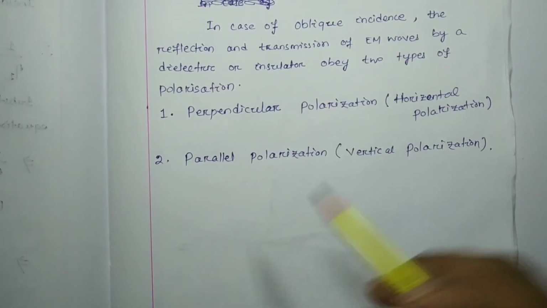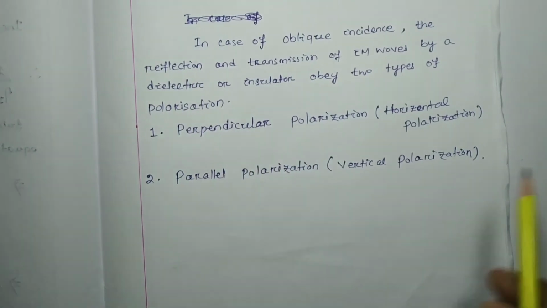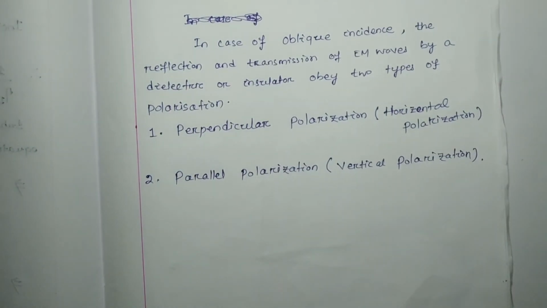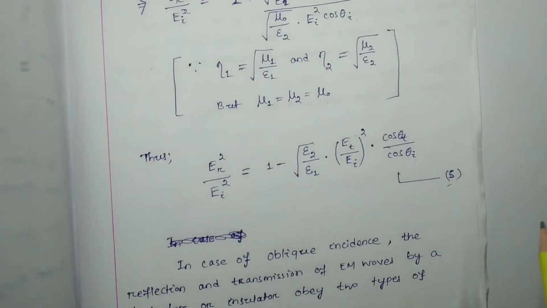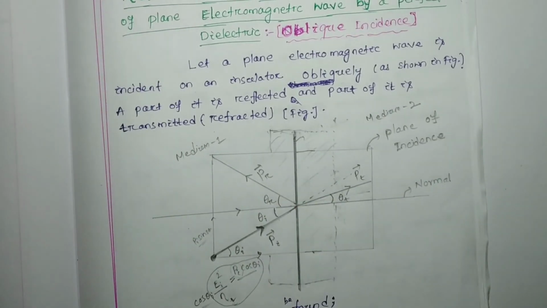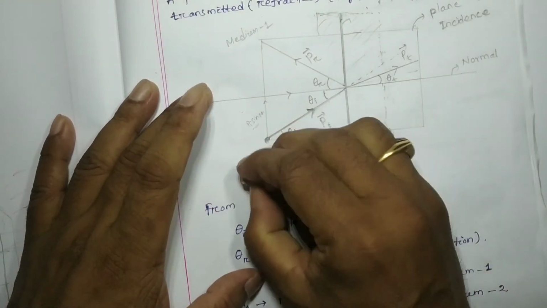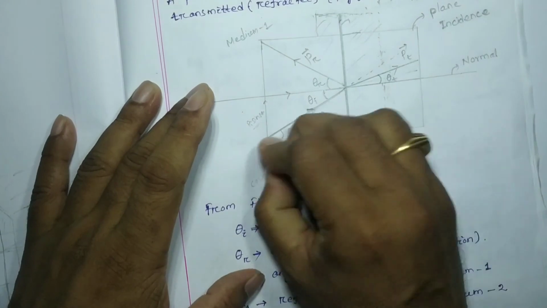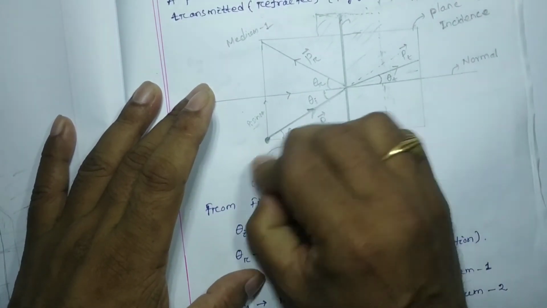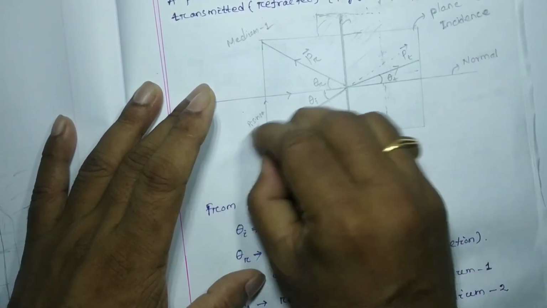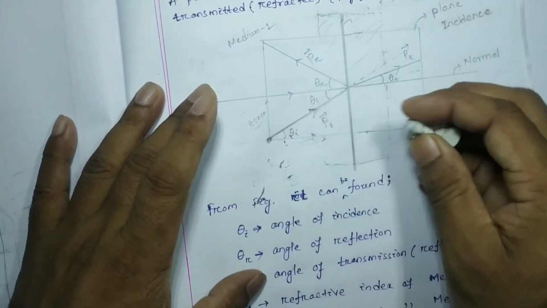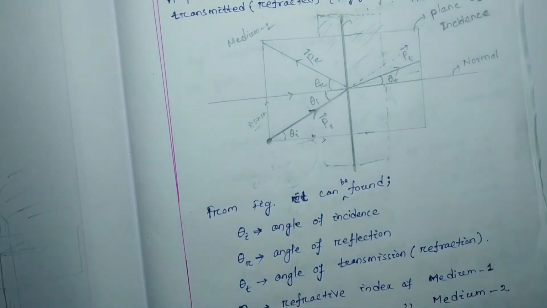So in the next class we are going to discuss perpendicular polarization, or horizontal polarization. I suggest all of you pause the video, write down the notes of whatever we have discussed, and draw the figure perfectly. These things here no need to write, how it will be proportional to cos θ I have explained. So write down and be ready for the next class.